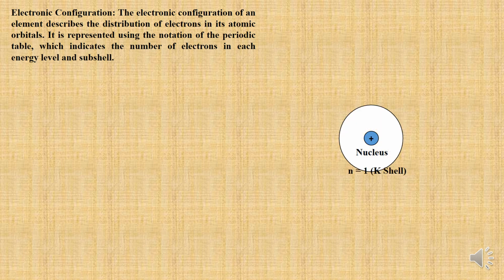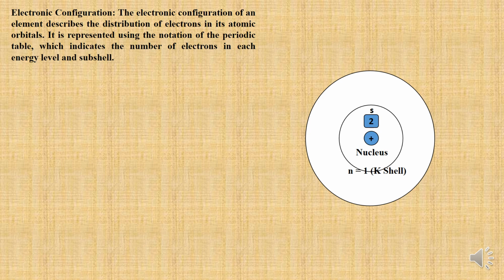We come across the first shell or the energy level around the nucleus of the respective atom, and within the first shell we will find the subshell with s orbital containing 2 electrons. This is followed by the second shell or energy level. It's also known as the L shell, and within the second shell we will find the subshell with s orbital containing 2 electrons, p orbital containing 6 electrons,